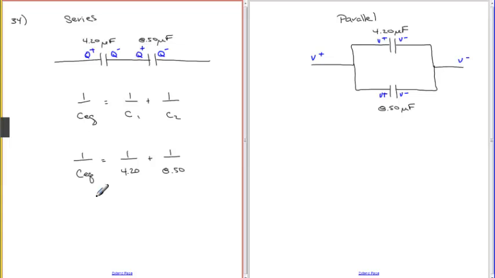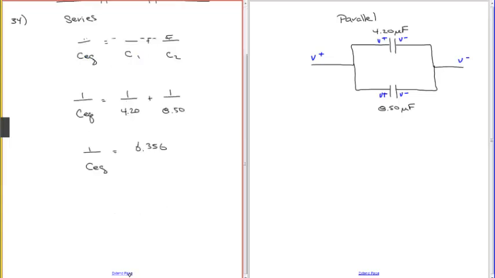So what we'd have is 1 divided by 4.2 plus 1 divided by 8.5. So we get 1 over the equivalent capacitance is equal to 0.356,